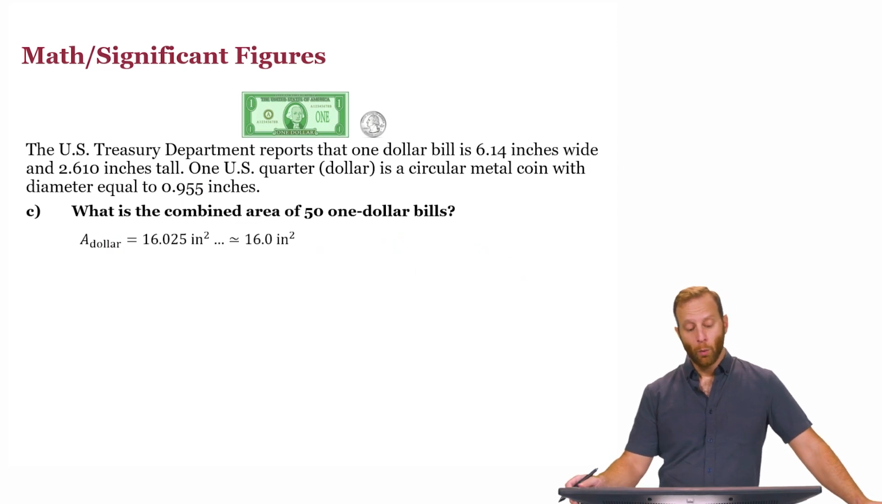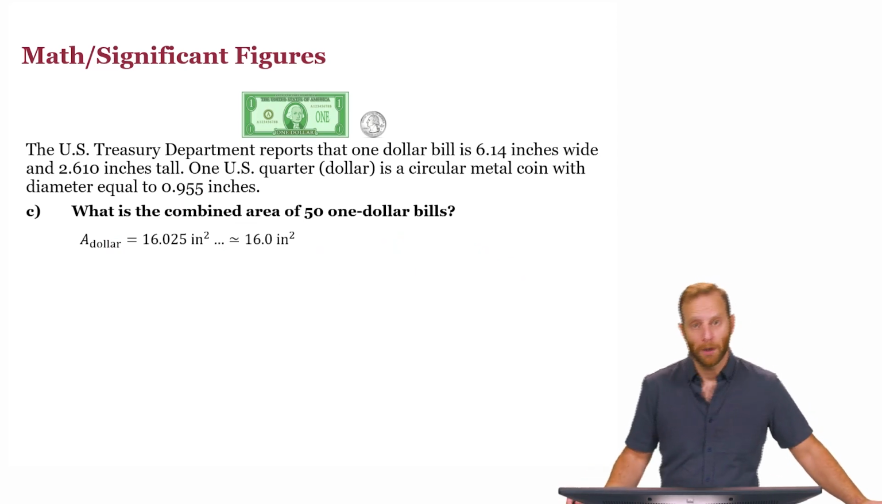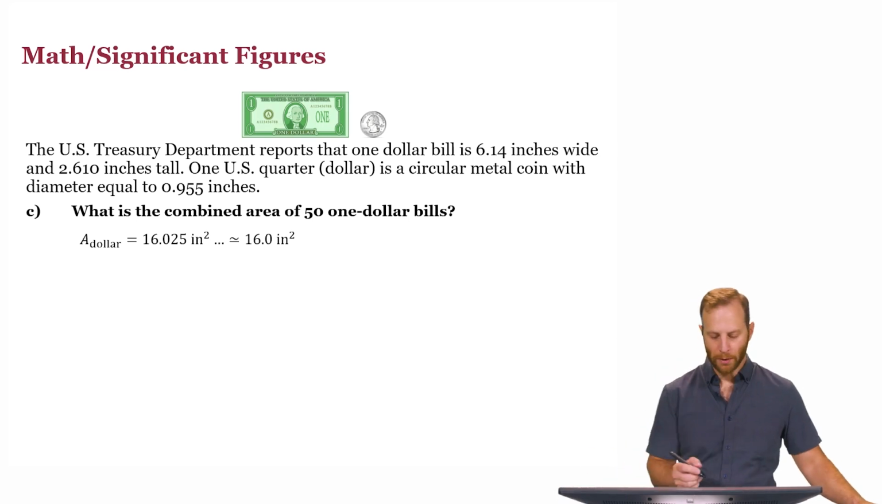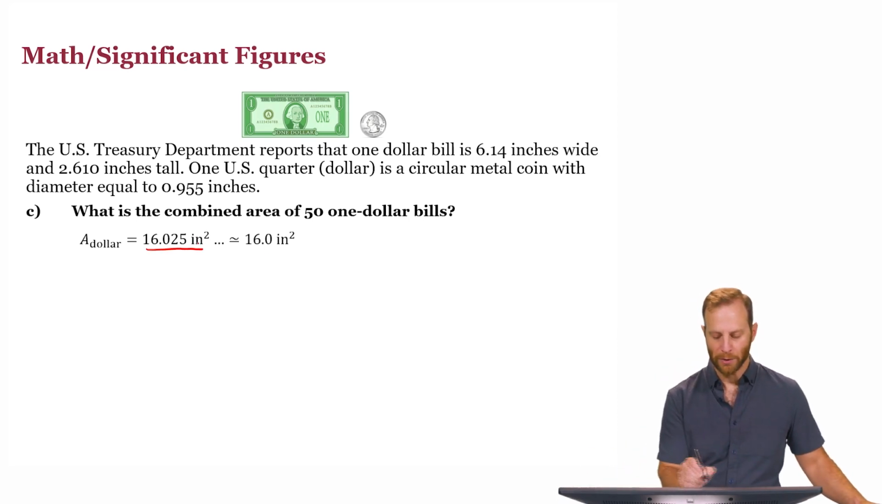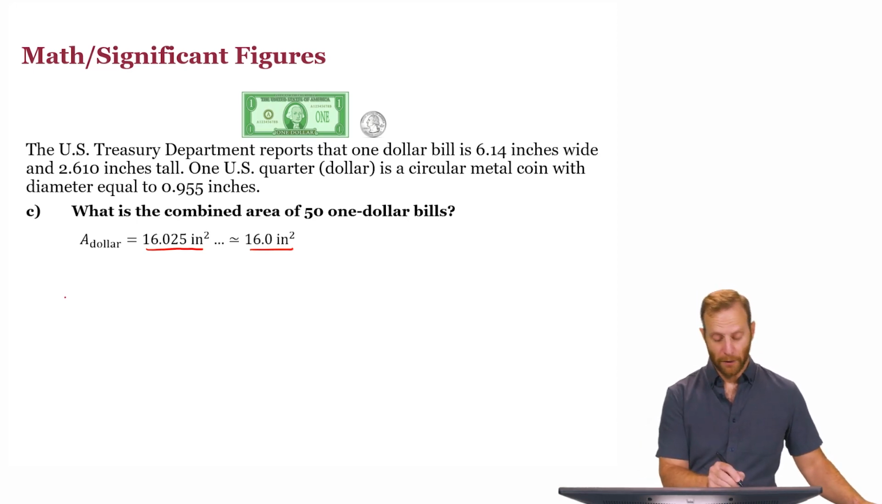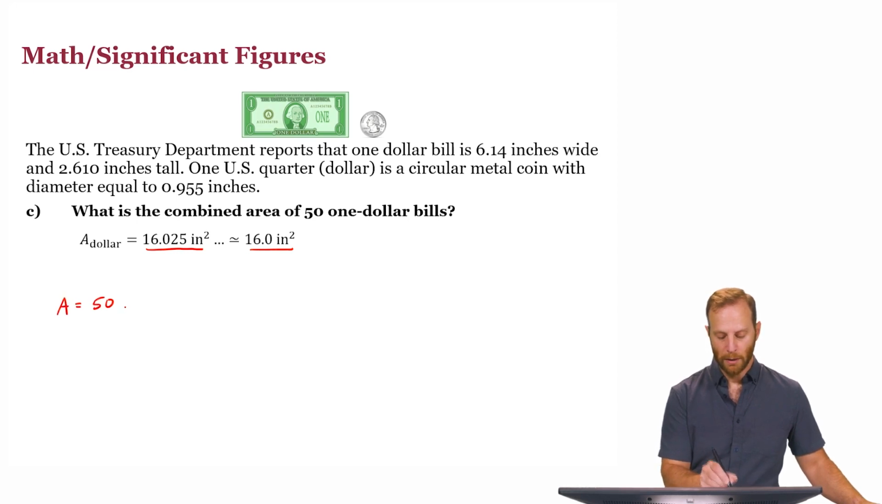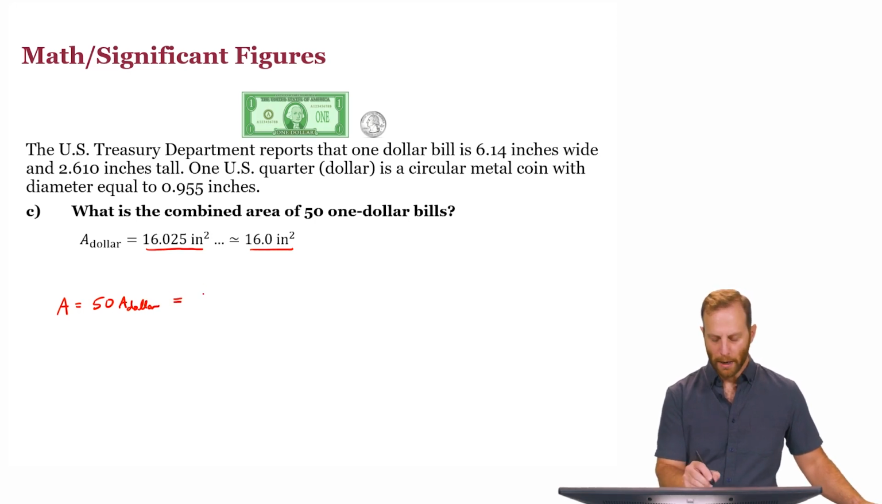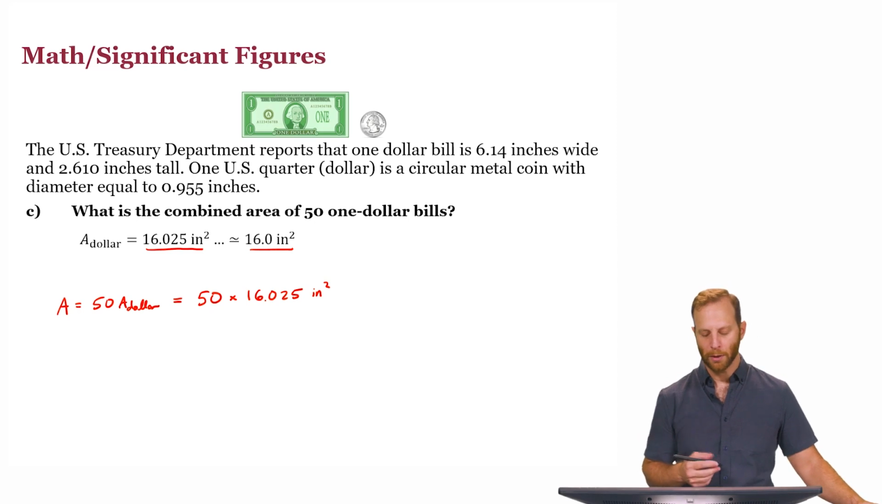Okay, what is the combined area of 50 $1 bills? If you recall, we did this computation where as an intermediate result we found this area and then we rounded. For this problem, we need to compute the area of 50 of these things. In other words, the area that we want is 50 times the area of a single dollar. Well, if we write everything out, this is 50, and then the area of a dollar, and what I'm going to use is the unrounded quantity. Again, it's very important to use unrounded quantities which contain a little bit of extra information,